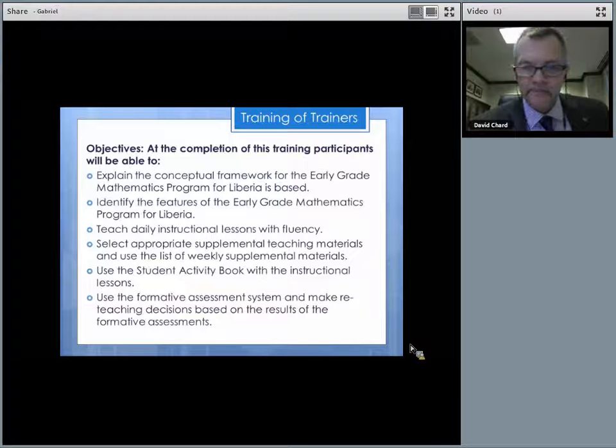And again, here's the we do and you do section with icons to help the teacher keep track of where they are, and then a conclusion and a chance for the teachers to reflect and evaluate at the end of the lesson about what went well and what didn't go so well. And then each day there's a student activity page that's related to some review items and some new items for them to practice.